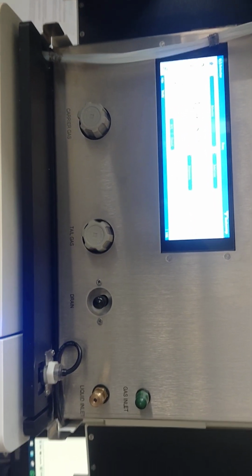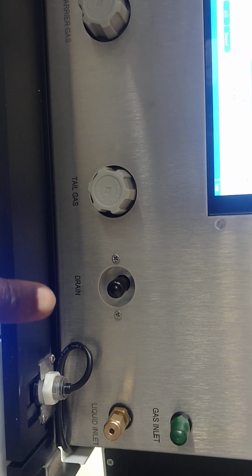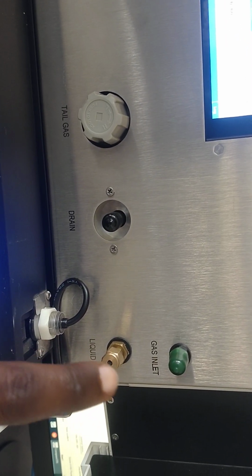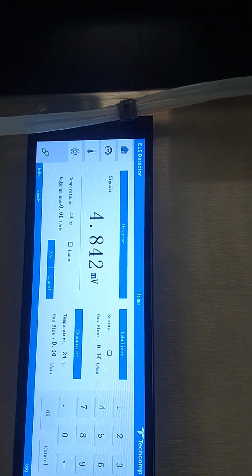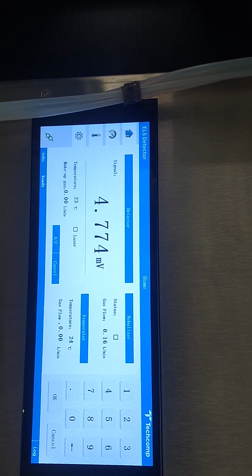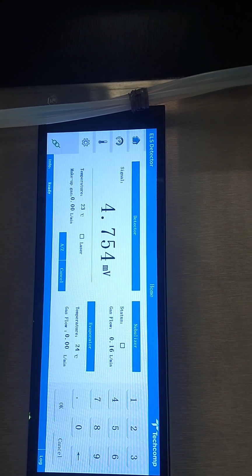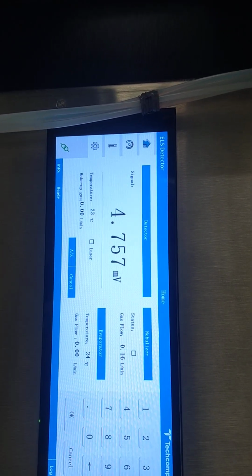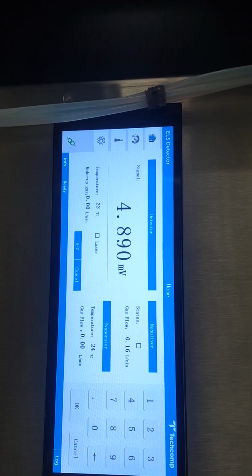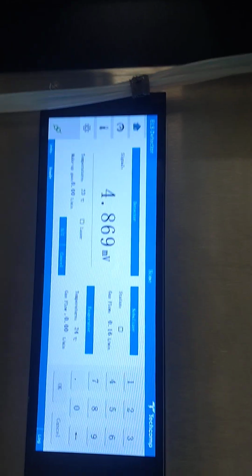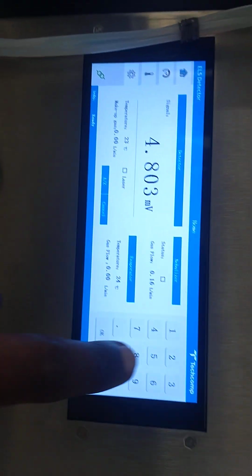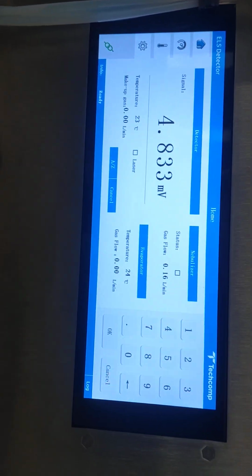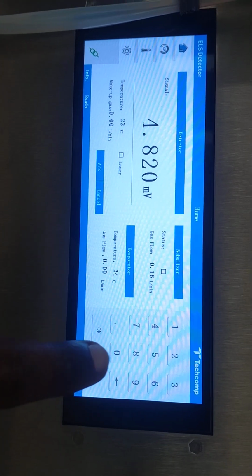is not connected from this drain and this liquid inlet, as well as the gas inlet. Nothing is connected, and you can see the parameters of the ELSD detectors. We have to use the nebulizer, and for the detector we have to configure the signals, for example the wavelength, the temperature, the gas flow, and so on and so forth. For example, this is the gas flow that we normally have to insert the data for by using these options, because